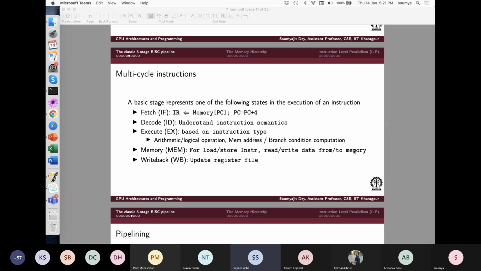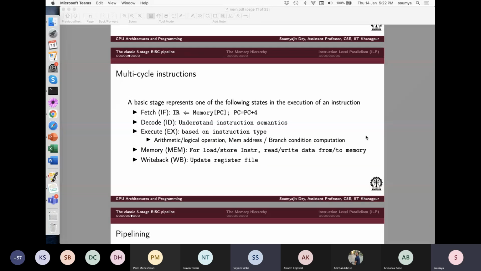And memory stage is for, if we need to interact with memory, for CPU to memory interaction, for that we need that memory stage. Maybe some resulting data that is calculated from ALU needs to be placed back to some memory address. For that we need this memory stage, and then write back stage is for register interaction. Like we need some data for the next instruction to be present in the register. So for that register writing, we need the write back stage.